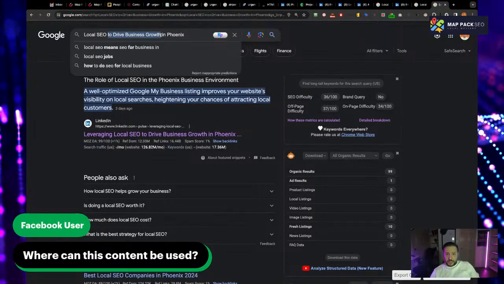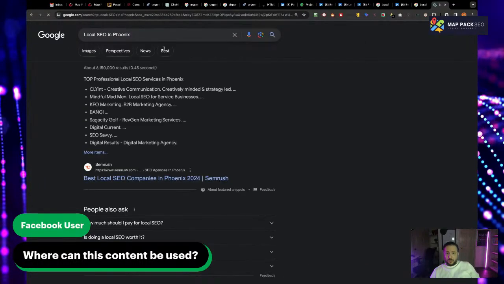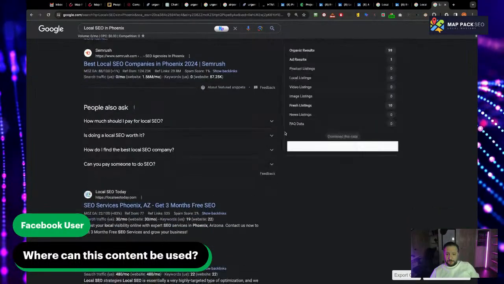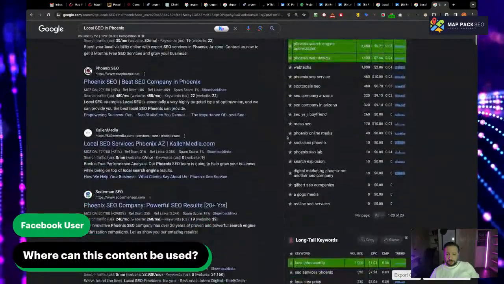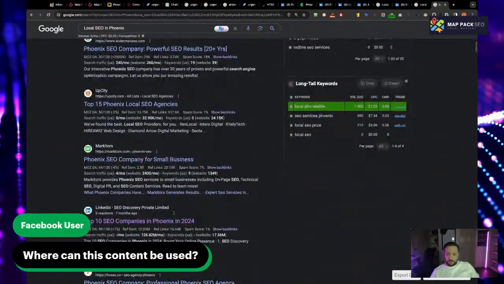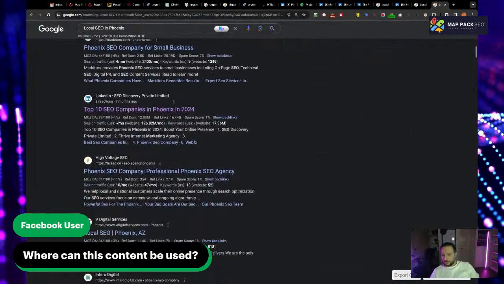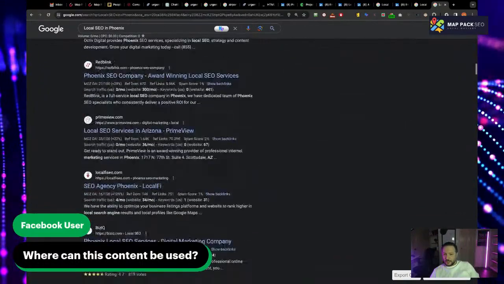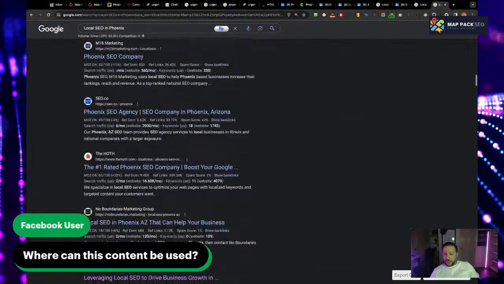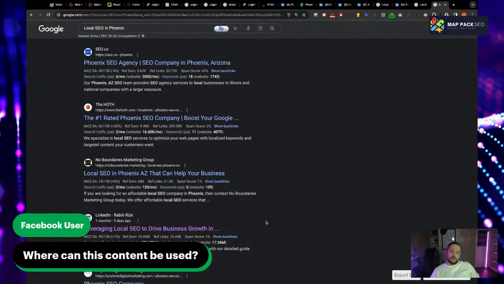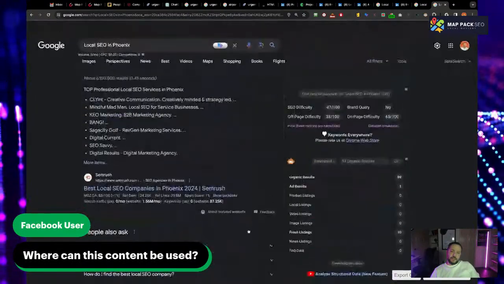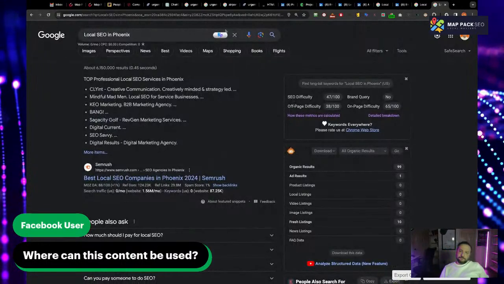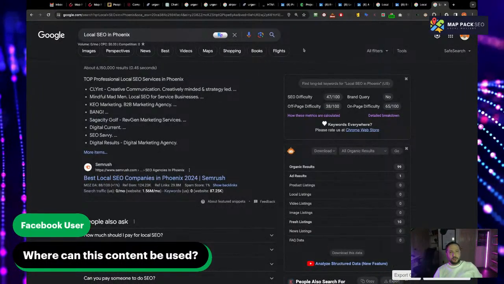But let's see, local SEO in Phoenix. Yeah, it's not ranking much, but right there. Still not bad, still on the first page, but without doing